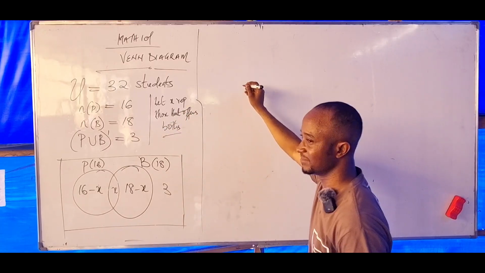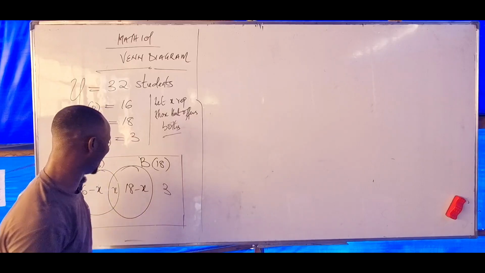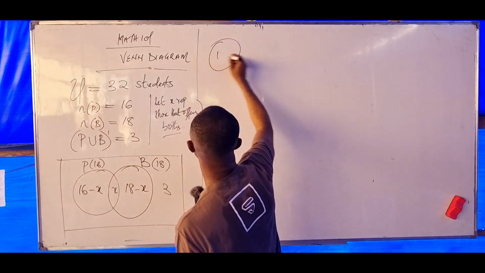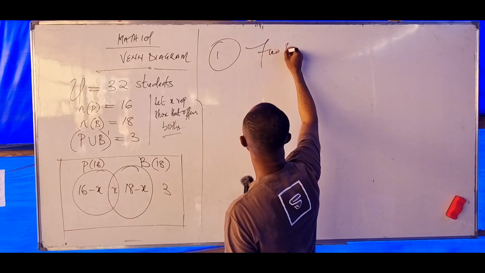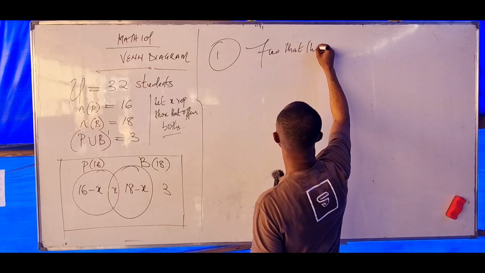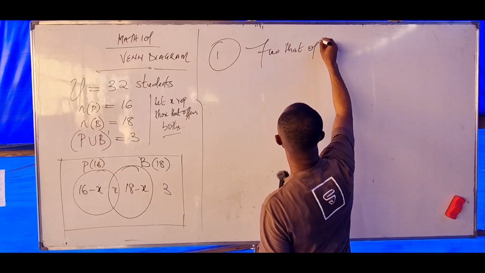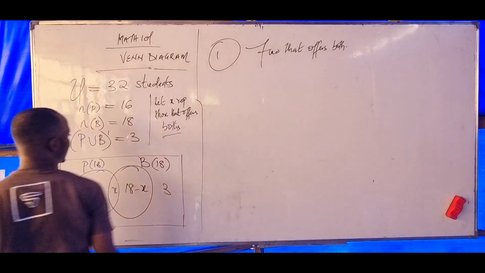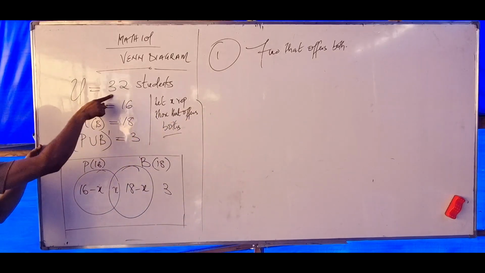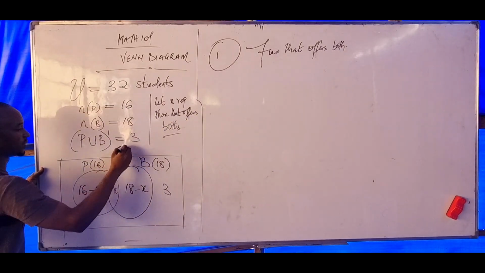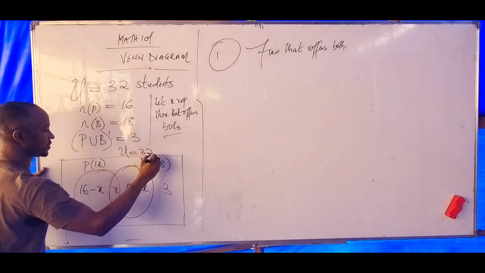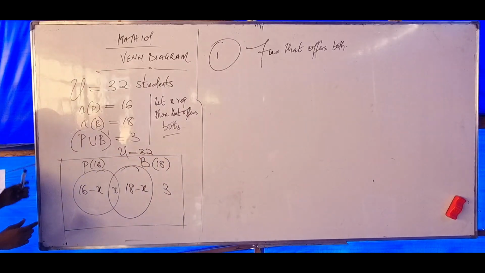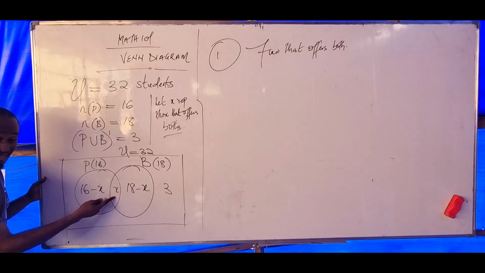What do we do now? What is the first question? To find those that offer both. So what do we do now? The entire set here, we are told it equals what? 32. Always put it here. The general set is 32. To find those that offer both, which is x, we add physics only